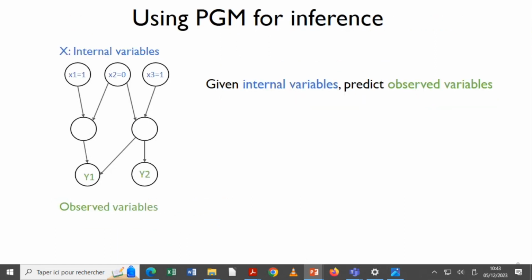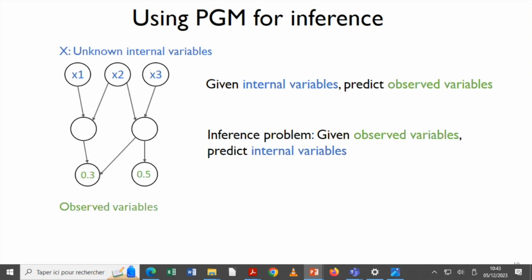And how can we use this for inference? So typically, you have these internal system variables, and the PGM, and then you also have the observed variables, which are on the bottom layer in this graph. And the PGM allows us to predict the observed variables given the internal system variables.